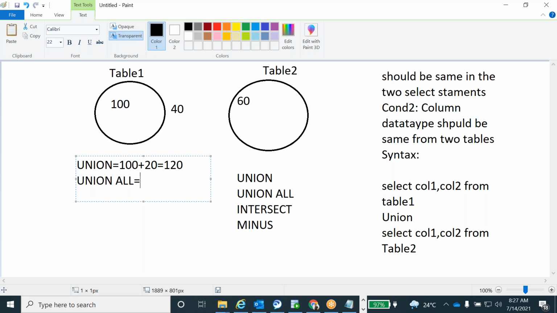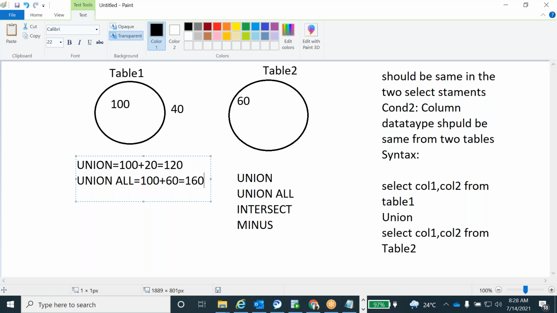Then what will come? 100 records plus 60 records equal to 160 records. It will combine the 160 records from the union all. So they will ask in the interview, what is the difference between the union and the union all?